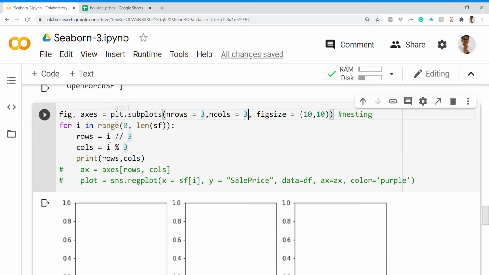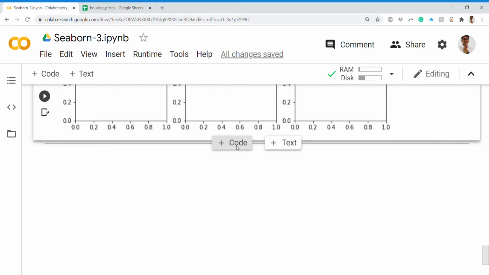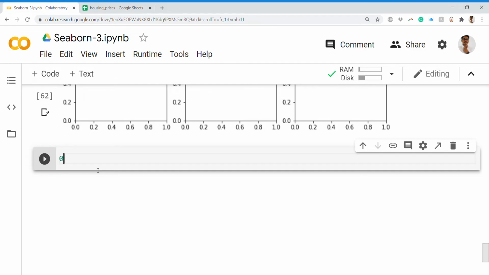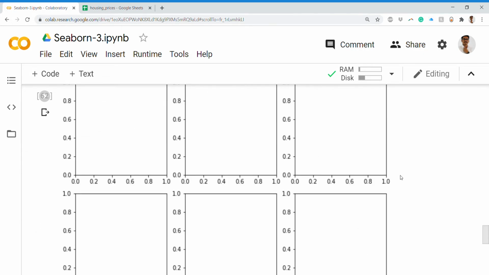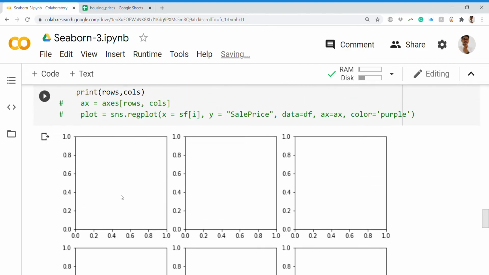If you remember, we did this kind of thing in the very foundations. If I have 0 by 3 and run this, you get 0. That is basically this kind of operation, and then you have modulo, which returns the modulus. What I write here is basically for accessing each of these pictures.